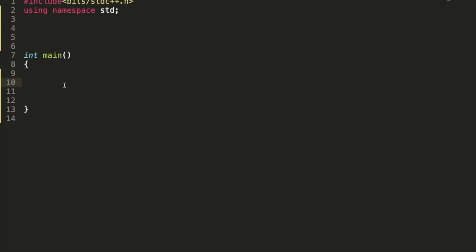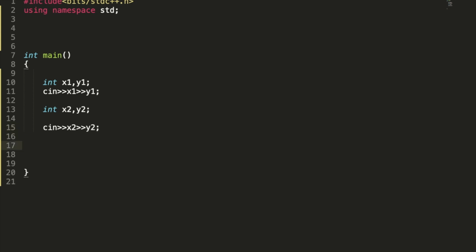So what we are going to do is take input x1 comma y1. This is the first point, and we have to reach x2 comma y2. We are going to use a queue, and in the queue we are going to keep pairs. Each pair represents a point from x1 comma y1 where I can reach.